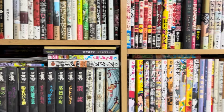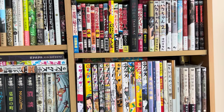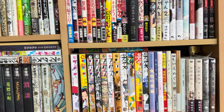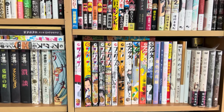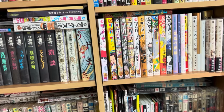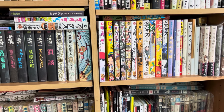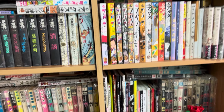So yeah, I guess I'll use this section here at the end of the video to talk about generally what else is in my collection. So stuff like more recent series like Attack on Titan, I have all 30 volumes of that. I've got all volumes of Monster by Naoki Urasawa. A lot of the Axe issues that I have aren't shown here because I've got a little trolley for that too. I've got things like the big Ichiba collection, other Ichiba books, things like the English Drawn and